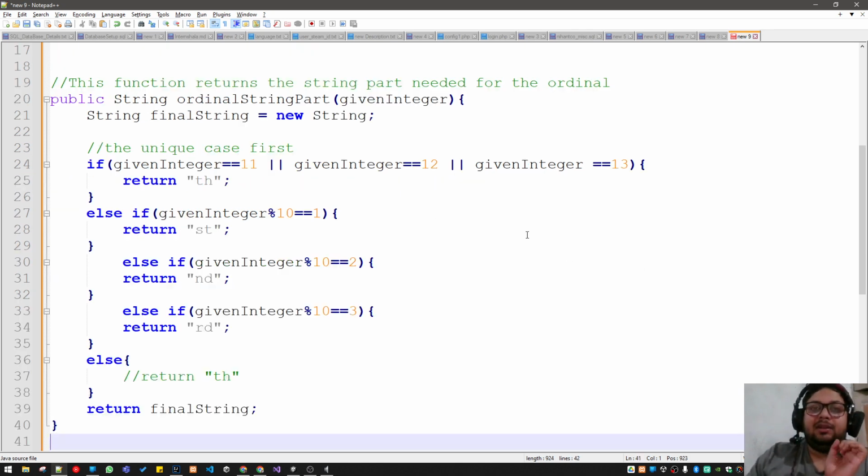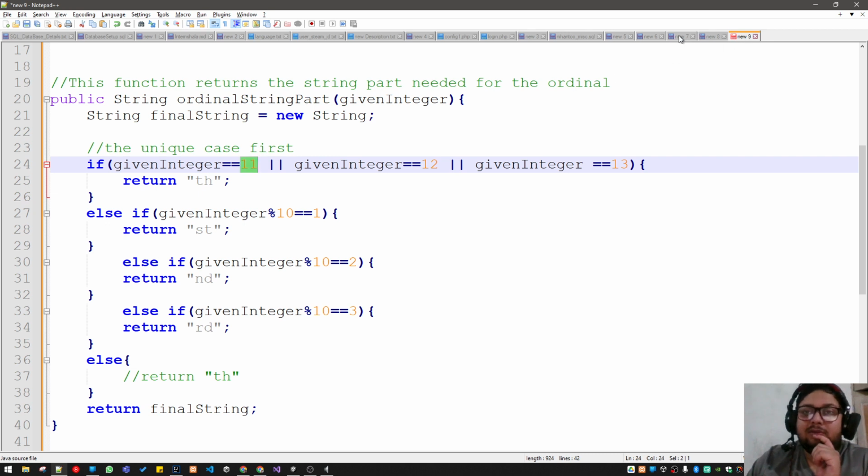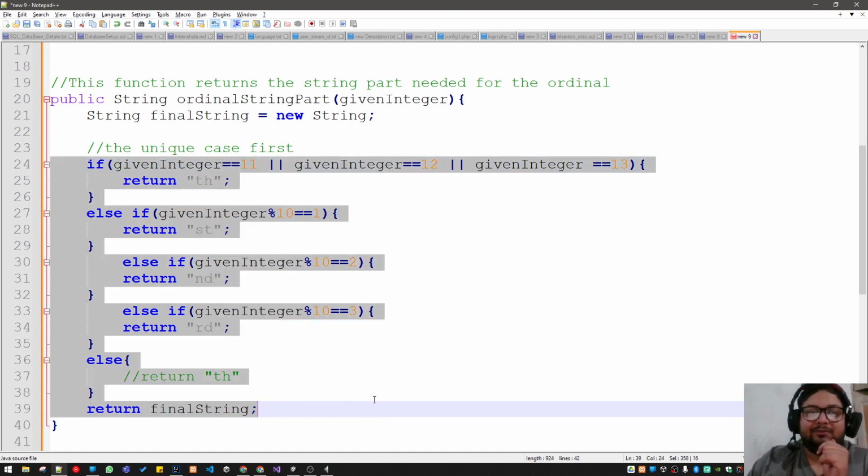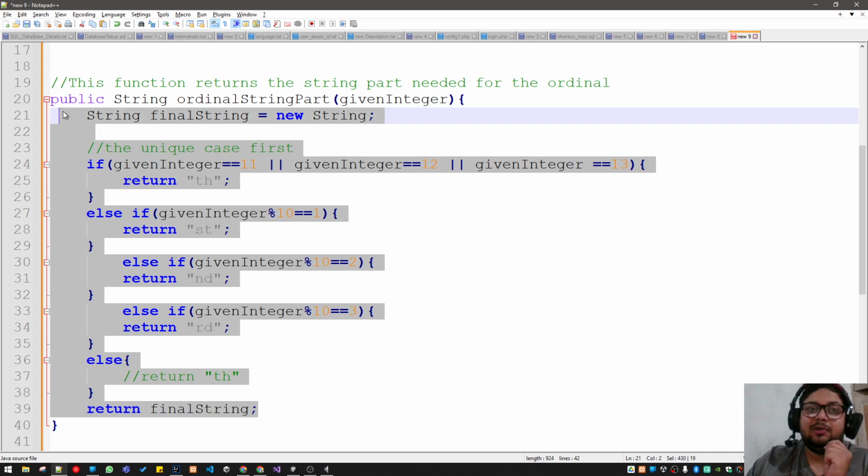I think I made a lot of mistakes when I did this. I think it is still in error. Yes, this is still an error for 111. So anything like 111, this will put 111th. No, I think that is fine. The point is the problem doesn't matter. Okay, you have to show that you are attempting the problem in some way. And